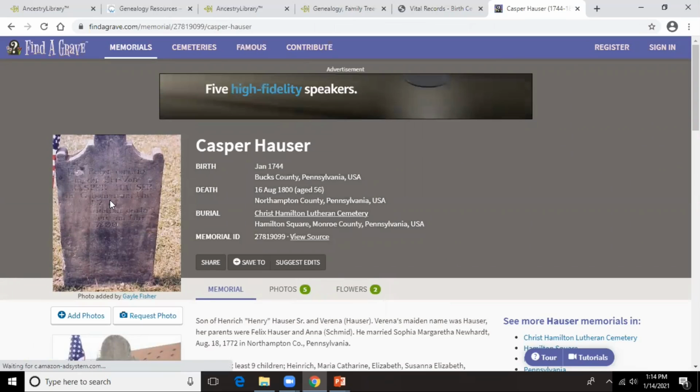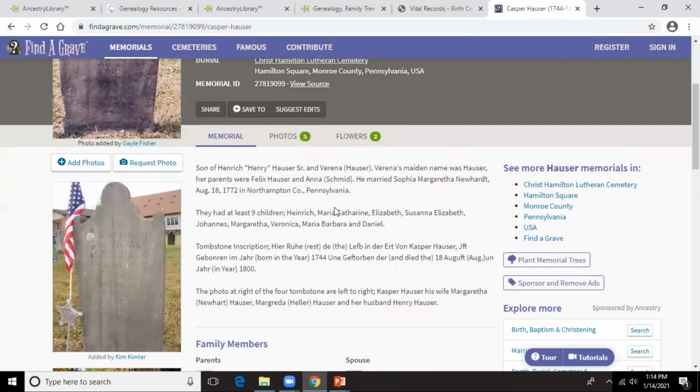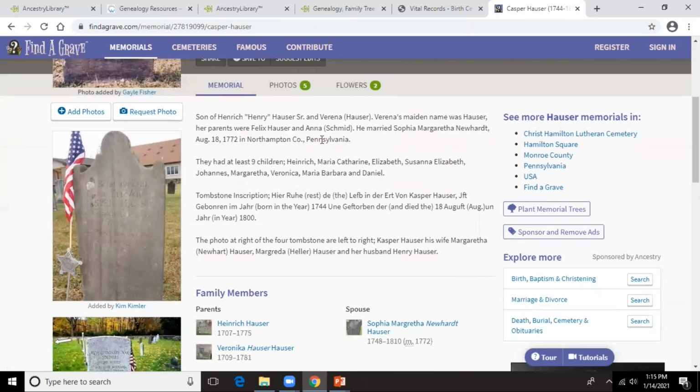It's amazing what's on here because the person that provided the information talks about his parents. So now I have another generation back, including his mother's maiden name, which was also Hauser. Her father's name was Felix Hauser, and her mother's name and maiden name. It says when they got married, their children, the tombstone inscription written in German and translated,